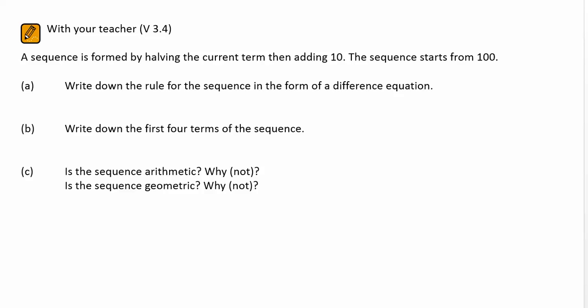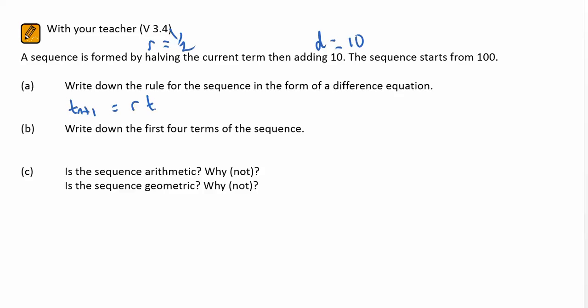In V3.4, we're looking at a first order difference equation. We're halving the current term and then adding 10. So we've got a difference of 10 and a common ratio of a half, or 0.5, and we start from 100. So to write down the rule,